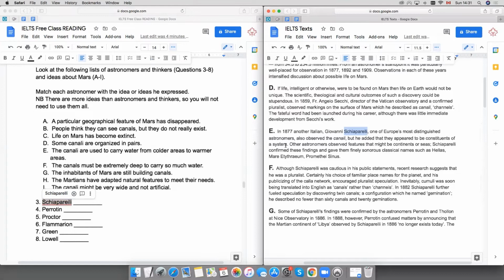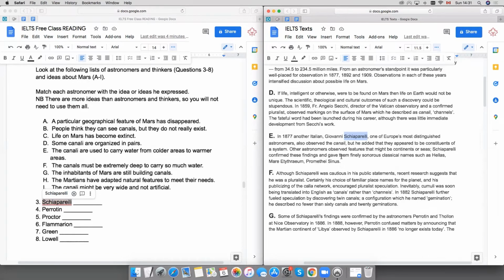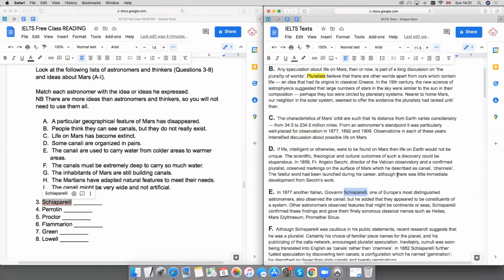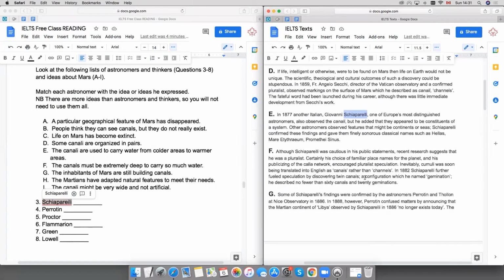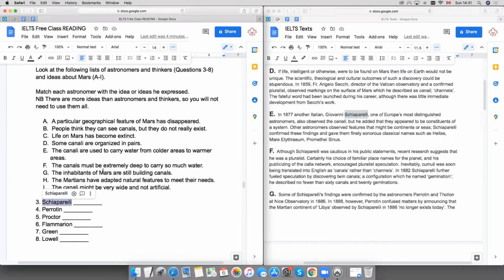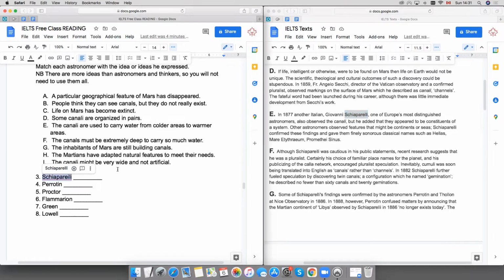So we want to isolate that information as soon as possible. We do not want to read anything that we don't need to. So for example, you guys just watched me. We skipped paragraph C. We skipped paragraph D. We're not going to come back to it unless we absolutely must. We see the person that we're talking about in paragraph E, and then we're going to read through to see what he thought. We'll do our detailed reading, and then we'll identify which letter A to I is close to